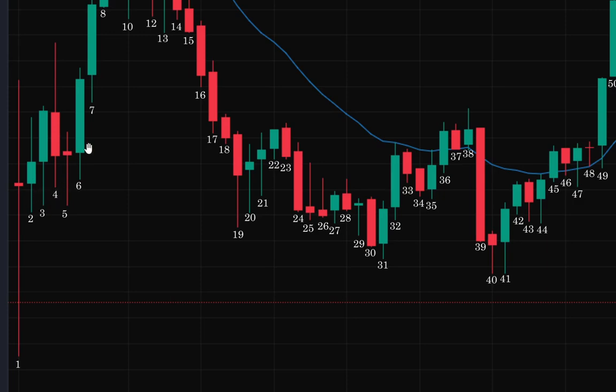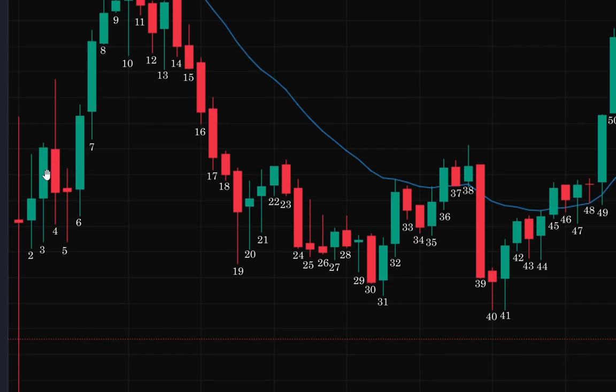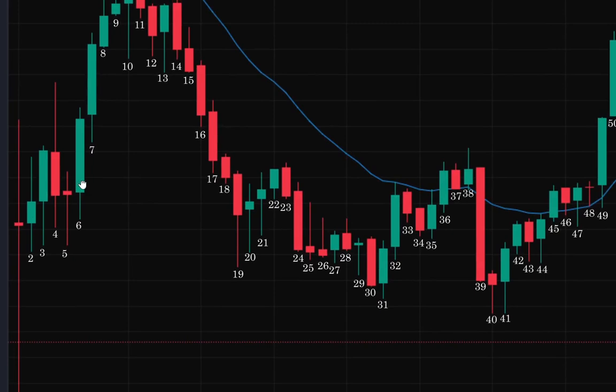Because of this wick and this bull bar, we can now reverse the approach. If you want to go long, then this bar 3 is a signal setup for bar 4, an H1 buy setup, and